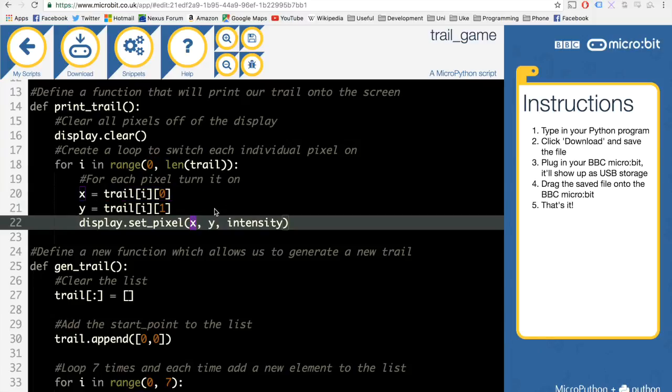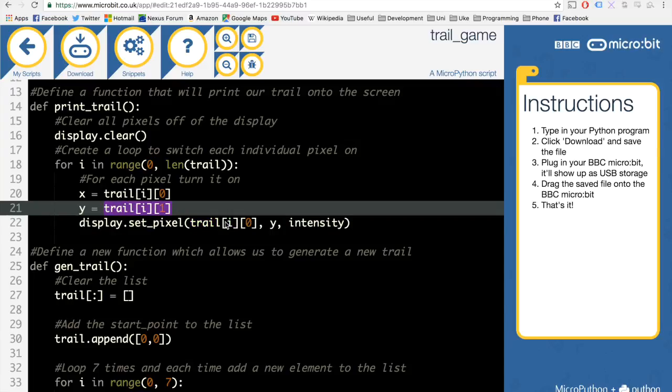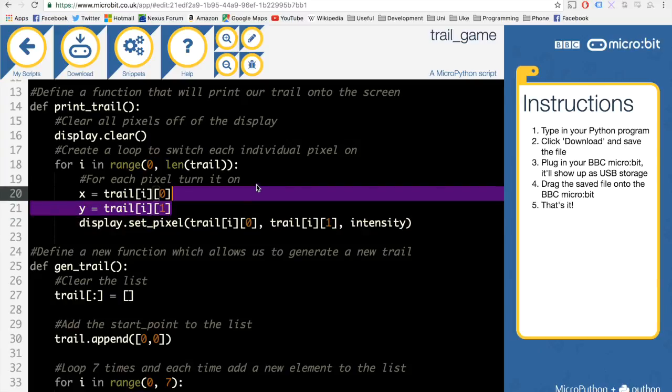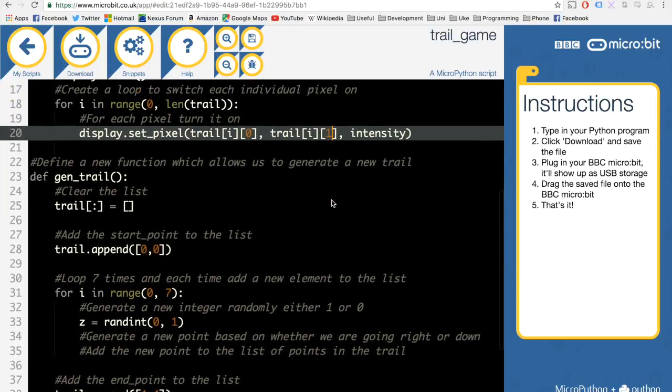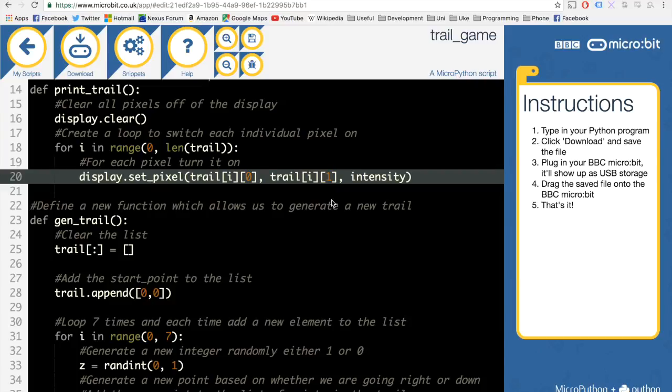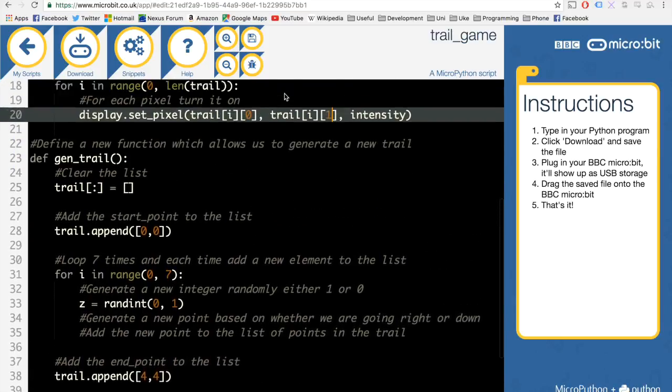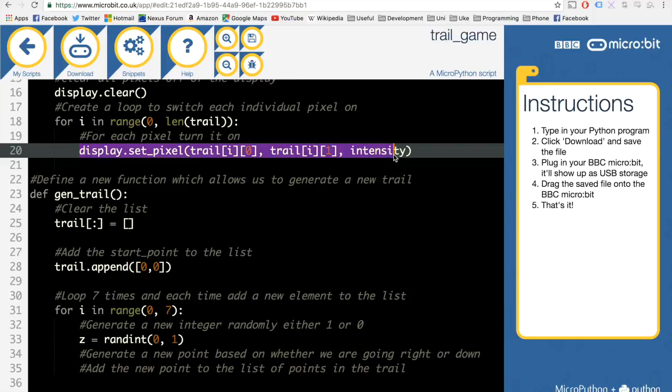So we're going to replace this X just with the actual call to that specific element, and we're going to do the same with our Y. We're just going to replace it with the call, and then we can get rid of those two lines of code. And here we're actually just setting this pixel on, rather than setting it to a variable and then turning it on. It's just to speed our code up. It's as short as it is in terms of actually writing stuff. But if you're wanting to write code efficiently, these are the things you need to be thinking about, particularly with a game. A big part of game engineering is making sure that things run efficiently. So we're going to turn this pixel on,